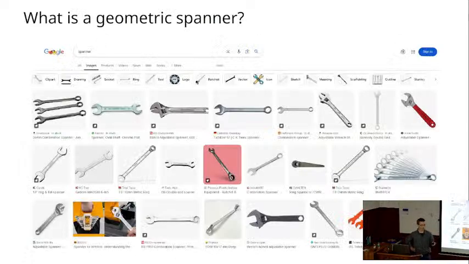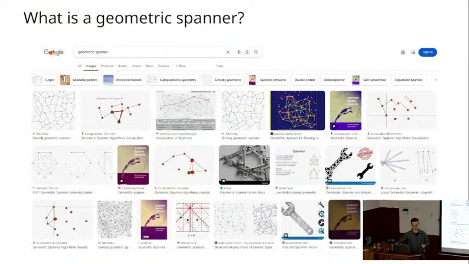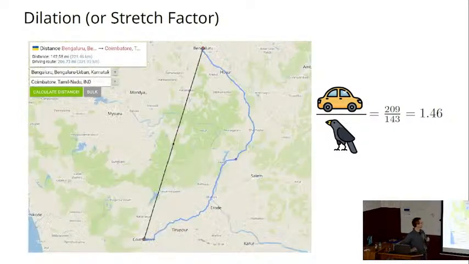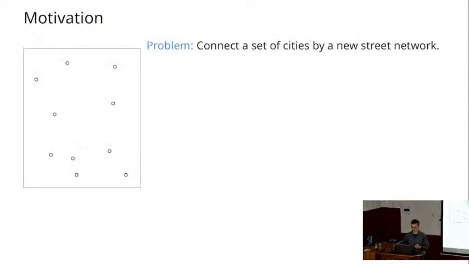We now know already what spanners are, so I don't have to search for it. It wouldn't have helped anyway. Geometric spanners, a bit more useful. And as we now also already all know, spanners are about dilation or stretch factor, spanning ratio, whatever you want to call it. So you're essentially interested in the detour that you have to make by sticking to the network. Here the detour is quite big, and we're interested in spanners, so we want to have the maximum such detour to be small.